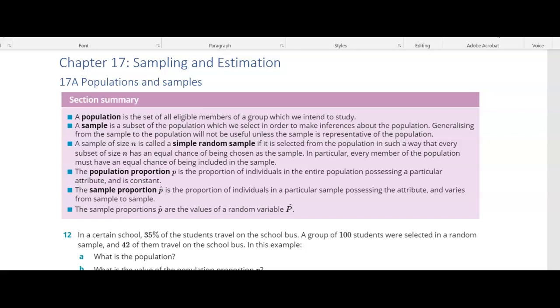Hi everyone, in this video we are going to go through populations and samples, which is 17A. Basically in this section summary, we're just looking at a few definitions. So the main difference between population and sample is that population refers to everyone who has a certain trait or members